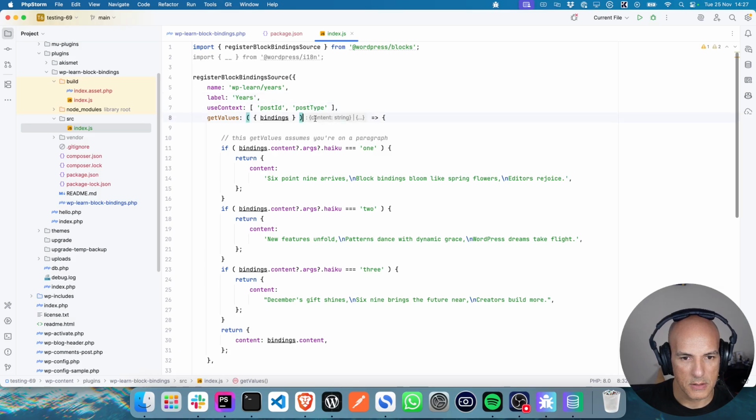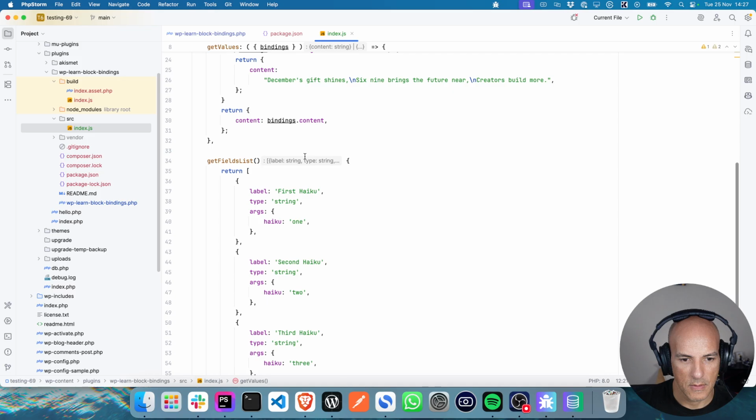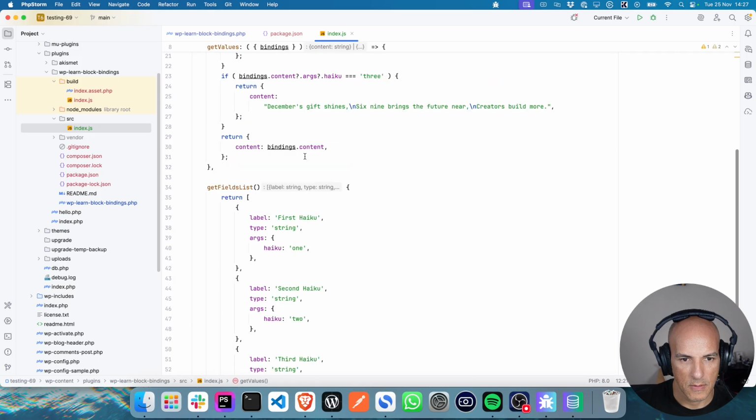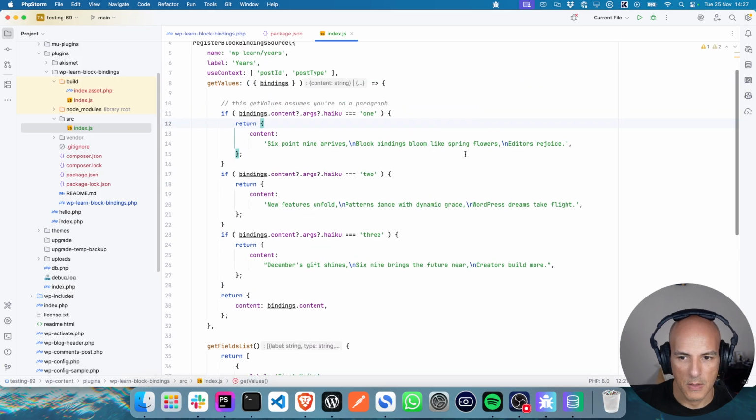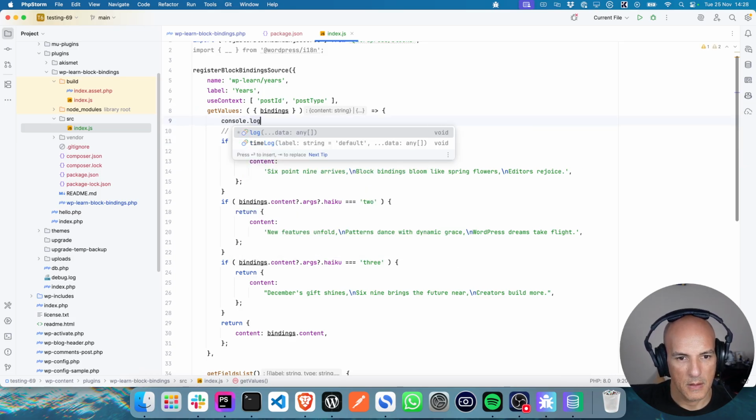And it uses the context. Okay, and there's the values. This get values assumes you're in a paragraph. So this would be findings, content, arguments. I just want to see what's in bindings.